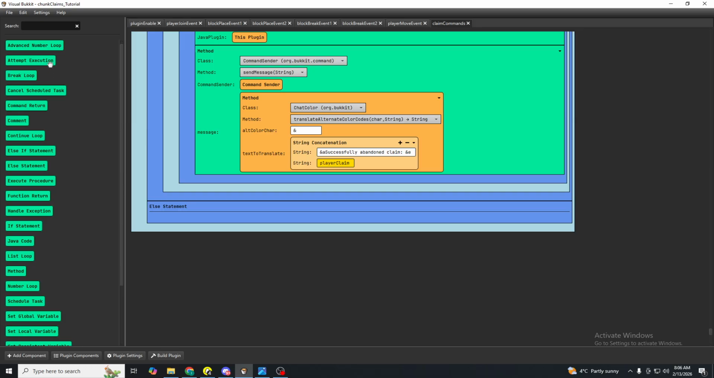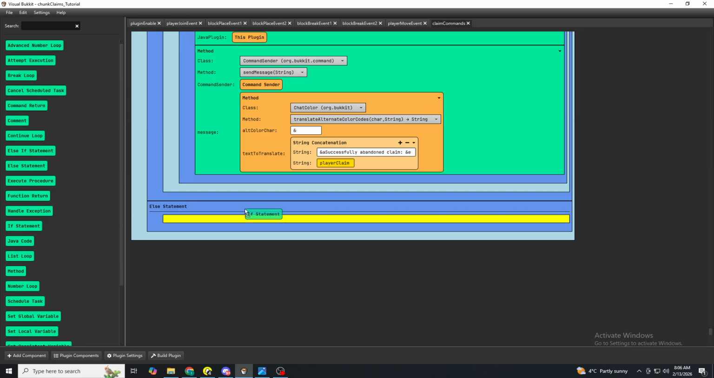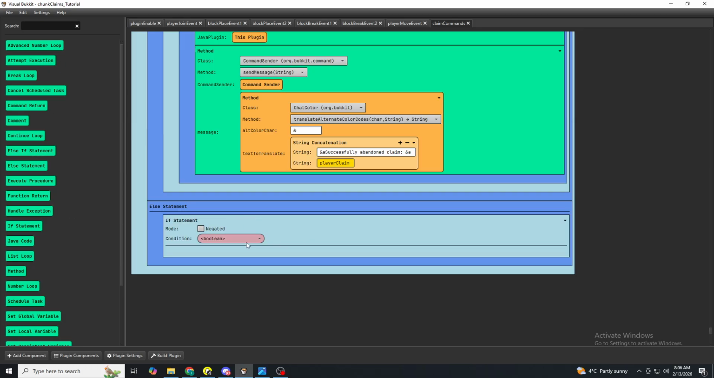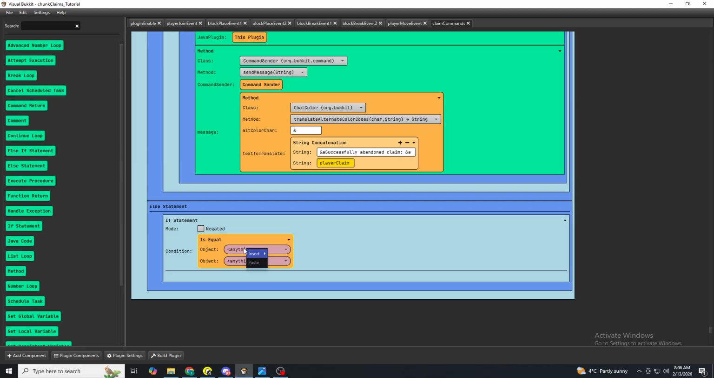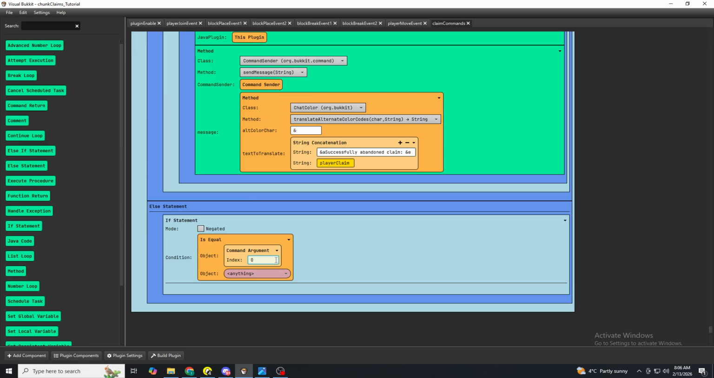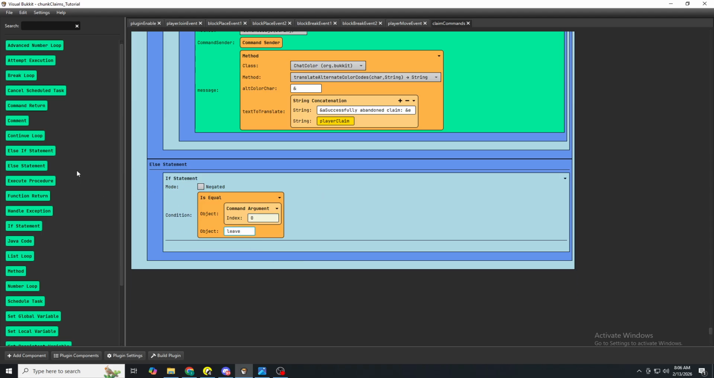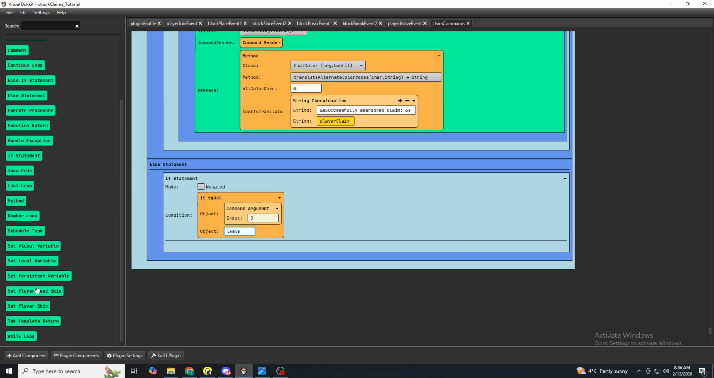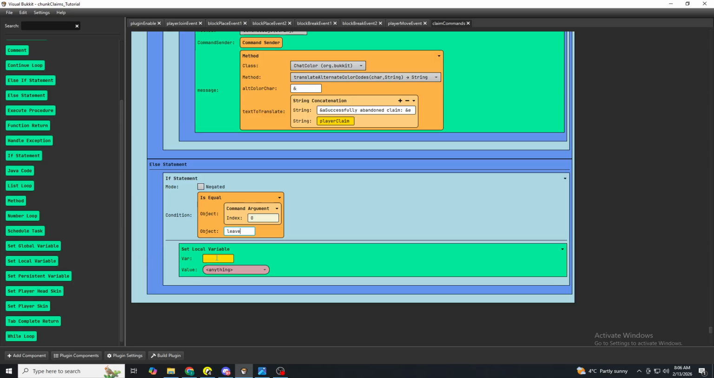So in this else statement, we will do if, and we'll say is equal. We're going to say object1 is command argument 0. So insert number 0, and then insert string, and this is the leave command. So if they used /claim leave, then we'll do set local variable inside of there, and we'll say player claim